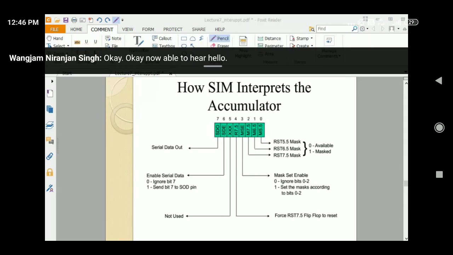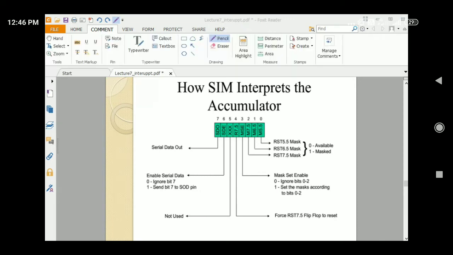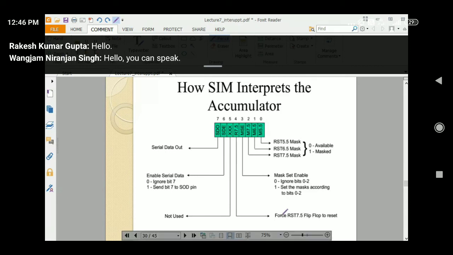I'm audible now. Rakesh Kumar Gupta, you can speak.